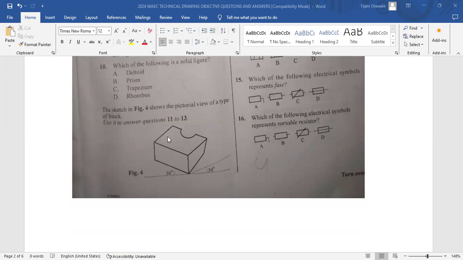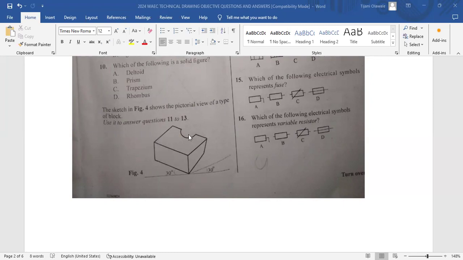So we can't see what is there. Probably, I don't know if it looks like this or it is a rectangle as we have here. But based on the options that we are given, the object is being viewed in this direction. But if the part here in this direction is a rectangle as we have here, so we go